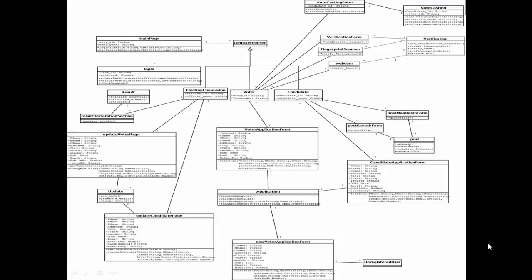Voter is also associated with 3 other classes in a many-to-one relationship. Voter application form is associated with another class, application, in a one-to-one relationship. Voter application form class is used when a user has a voter ID, is a registered voter, but is not registered in the online